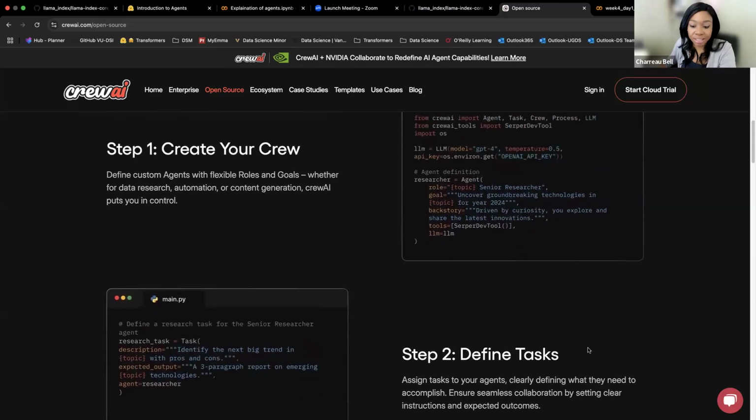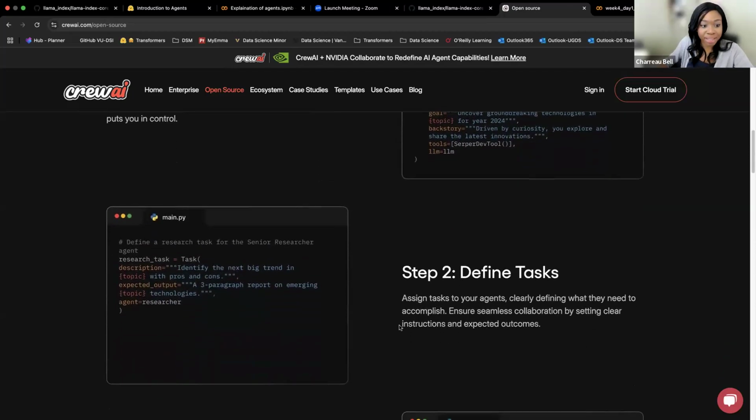Two, the tasks. So we'll do all this again, but just some things that we're looking at. One, we have an agent: the definition of the goal that we're trying to achieve and the kind of background of that agent that is going to try to achieve that goal. We needed to do stuff, right? What are those things? We've defined tasks, the tasks that we want it to execute and actually carry out. Do we define the minutia of those tasks? No. But do we kind of describe what it is that we want? Yes.